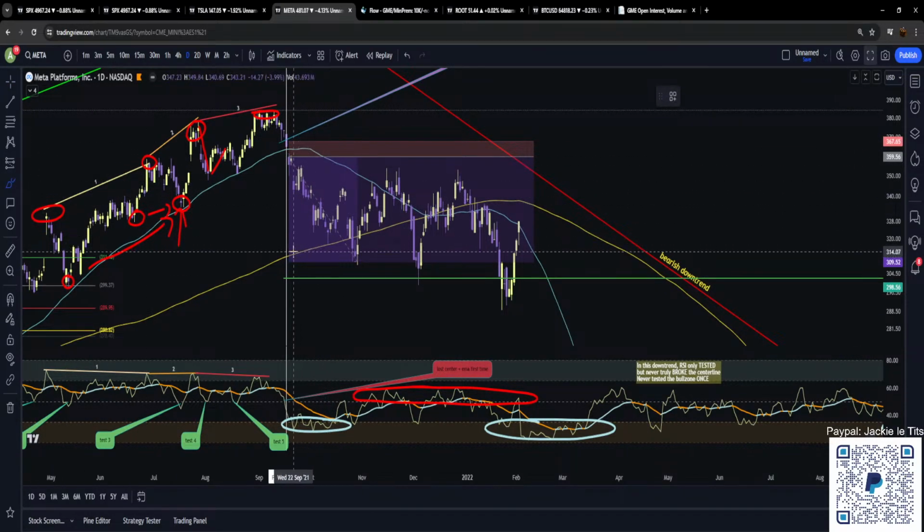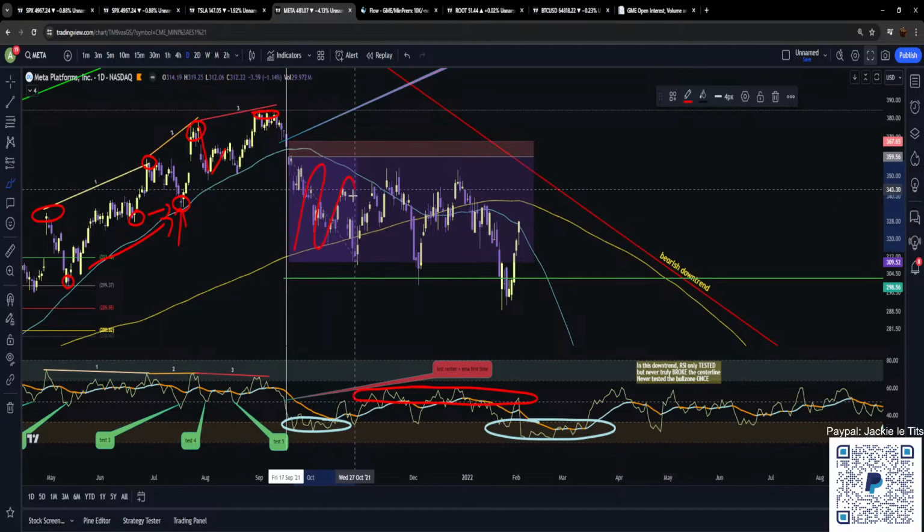Now look at the moving averages between the 50 and the 200. Look at how it gets tighter and tighter. And then what happens? You have a death cross. And then what happens to the RSI? It never entered the bull control zone. And then what happens to the RSI? Right here,